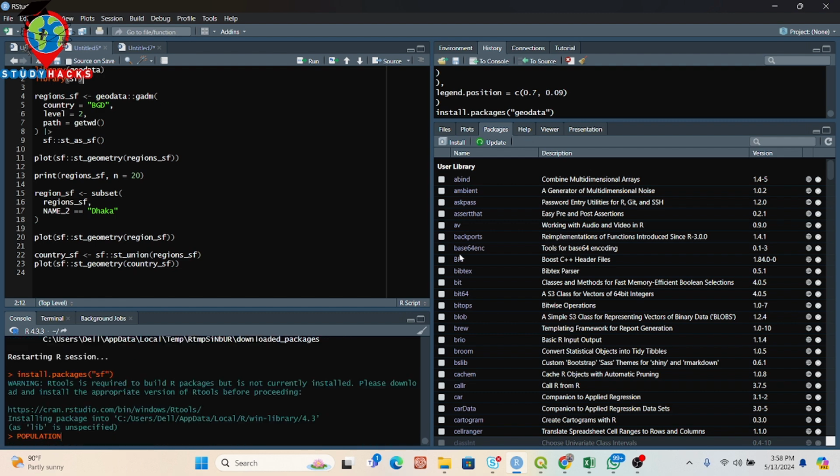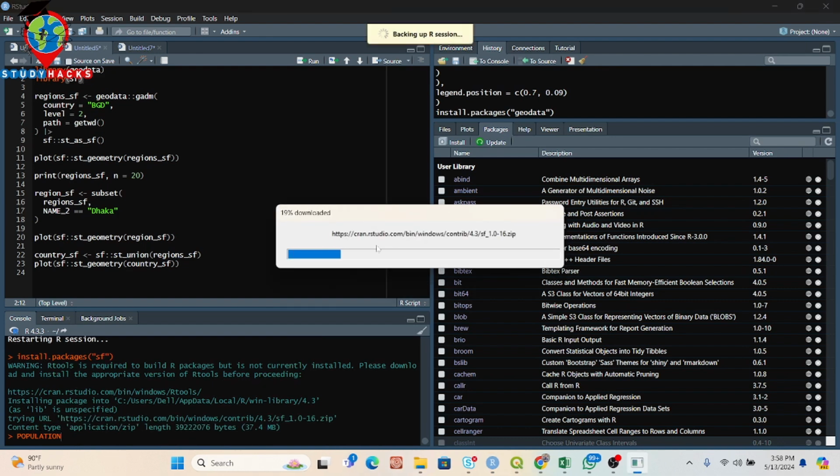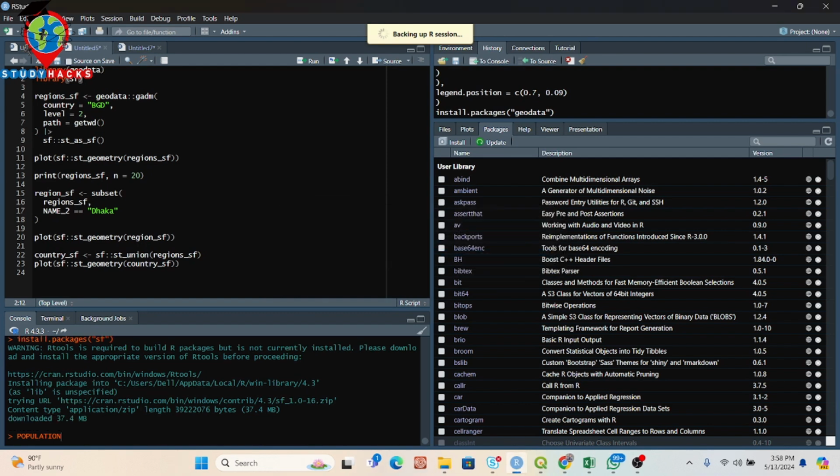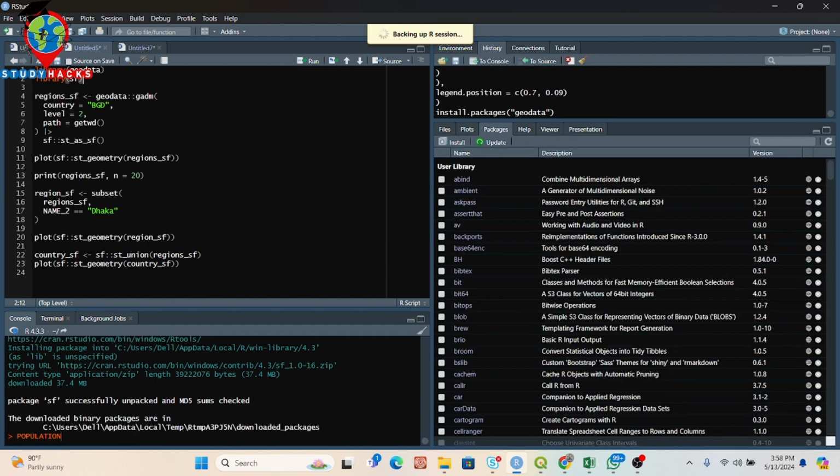Now it also installed the sf package. You can see the sf package is downloading and installing. Basically, the sf package helps you create different types of vector features, such as opening or reading a shape file. These types of things we can easily get from here. It's successfully done. You can see package sf successfully unpacked. So now after doing these things,